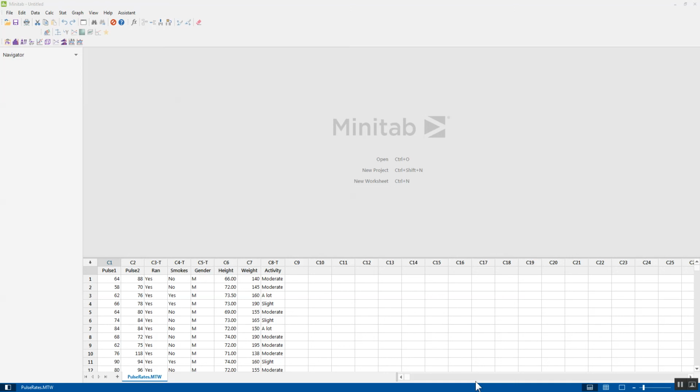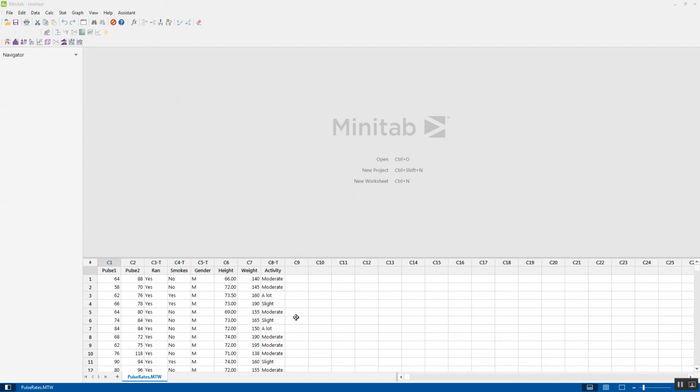We're going to have a look here at doing a bivariate linear regression, looking to see if there's any relationship between height and weight. And if there is a relationship, we then want to be able to model it using that linear regression option. So this data set is the pulse data set that's in the Minitab data